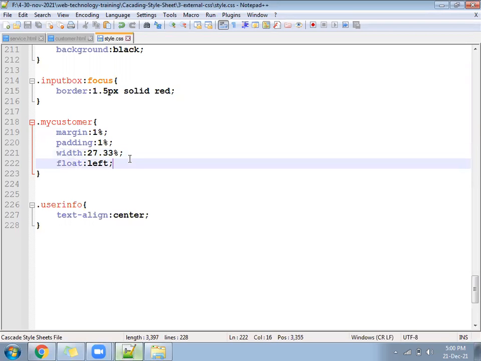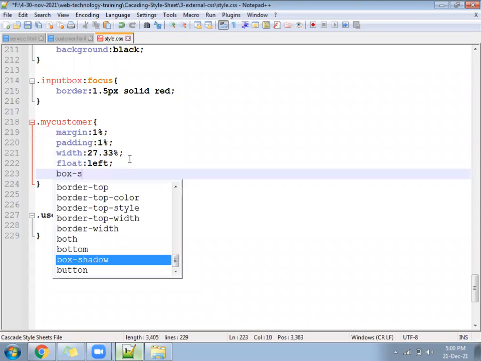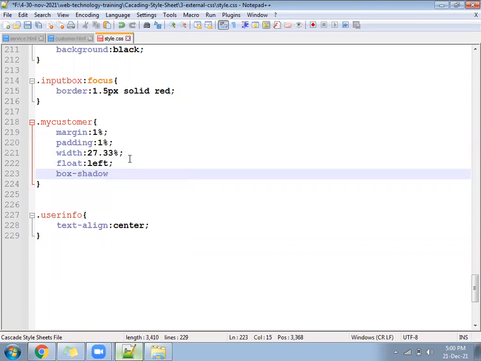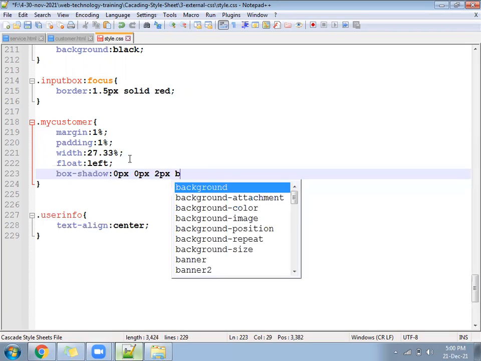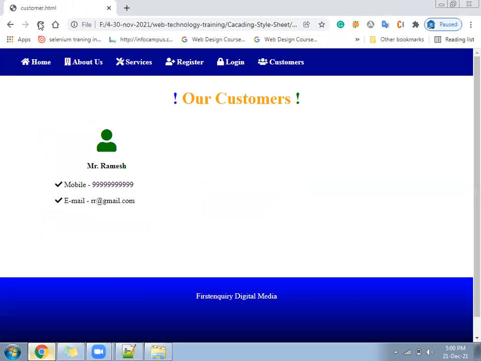If I give some box shadow, then I'll identify where and how it is coming. Okay, this is the width.